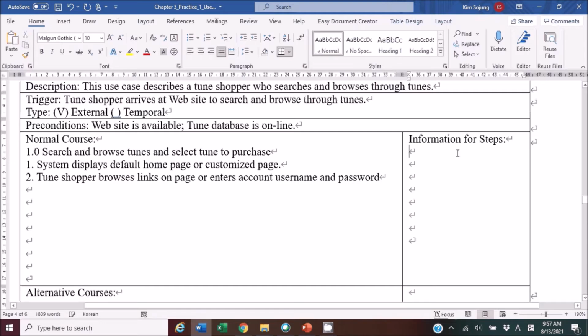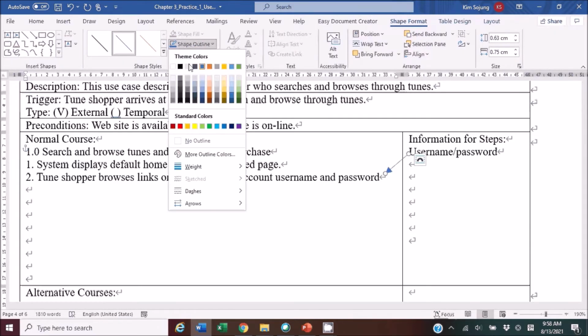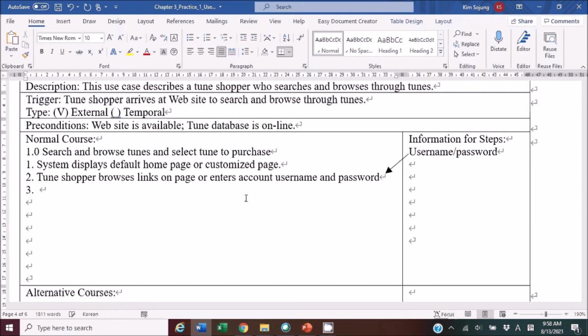And then information steps for, so now we need a user, what, username and password. Right, and then let me draw the arrow here. Arrow. But if you don't like this color, yeah, use a black one. Good. And third one,